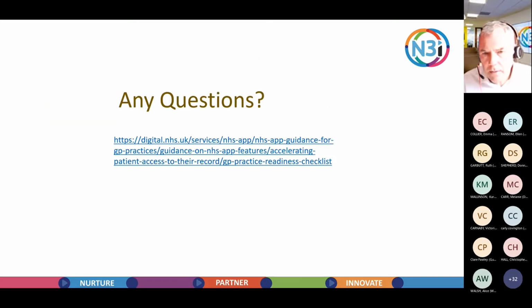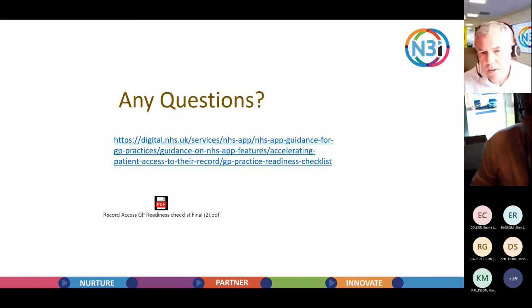And finally, that link there takes you to a readiness checklist, but you had to go on to, it was a bit of a faff. So anyway, I've copied the checklist down and I put it as a document there. So when you get access again to this presentation, you should be able to open that document there, and it's a checklist. Kind of, have you done this? And there are 10 or 20 things, perhaps not as many as that, but there are a list of things that you need to have considered, which really absolutely come down to the most fundamental one: raising awareness, ensuring that everybody is aware, and everyone knows this is coming, and everyone kind of knows what they should be expecting.